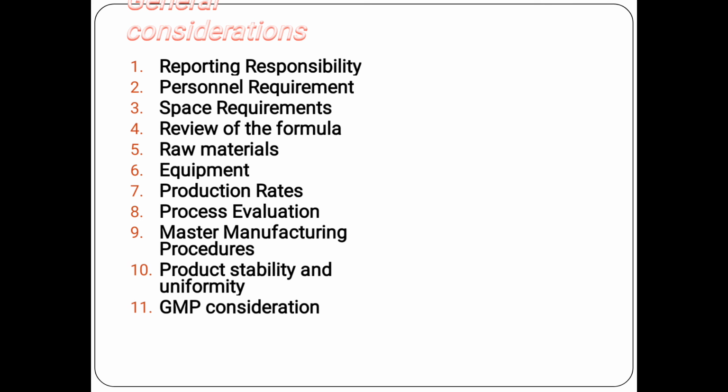So, those 5 Ms that we have discussed under the GMP: manpower, machine, money, then material and maintenance record. That all comes under the pilot plant scale up technique. So, that is the GMP consideration. These are the different general considerations that have to be carried out for pilot plant scale up techniques.